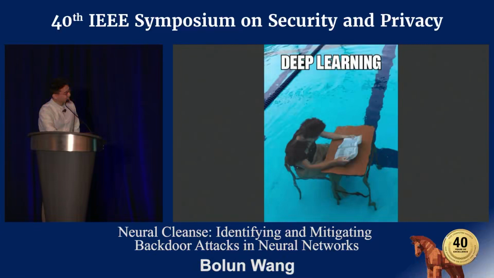And to put it in a more formal definition, these backdoors are about hidden malicious behaviors inside deep learning models. So most of the time, it doesn't really affect how the model works. For example, if you have a self-driving car that has a traffic sign recognition model, it will recognize all the traffic signs very correctly most of the time, but not if there is a yellow